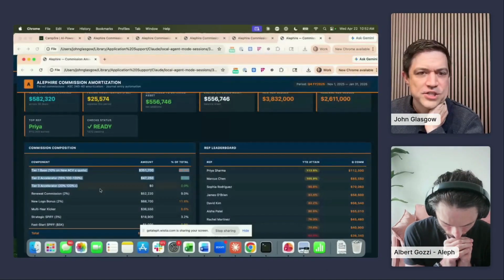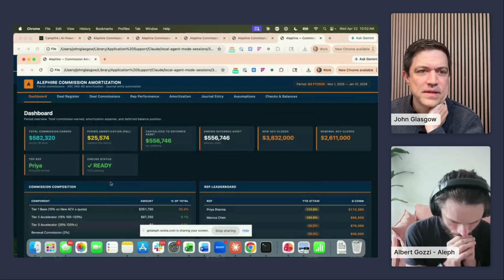Just for the question on Nick, was there a difference in how the new app handled accelerations? Yeah, I mean, it should. Let me take a look here. I can just screen share, but it walks through, let me pull this back up here, but it's definitely walking through the commissions and the acceleration on it. So let me just do that here. Here was the acceleration, and this was out of the comp plan.